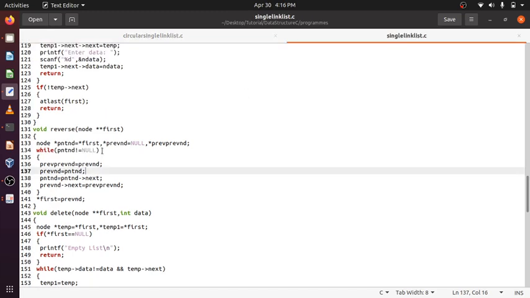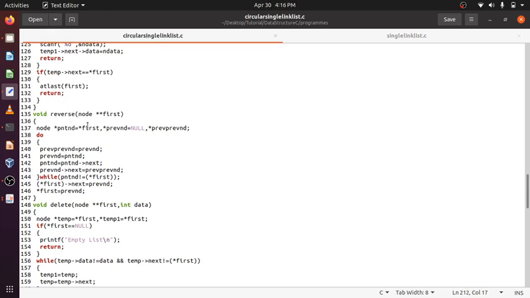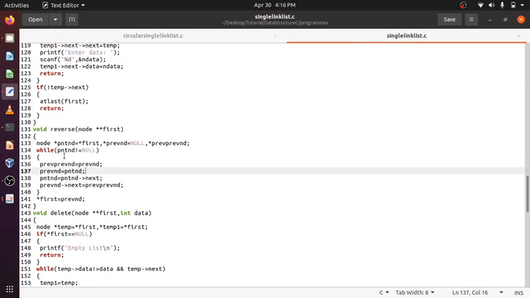So here, the first time during iteration, present node will never be null, so I can go on iterating till present node is null, but here the present node will be first. So if I give the same while loop here, present not equal to first, then it will never be executed, because the first time it will be first.